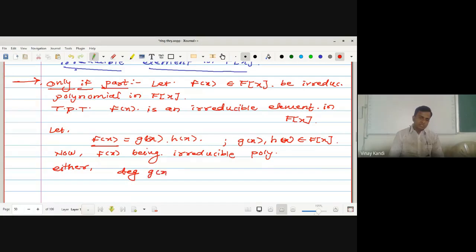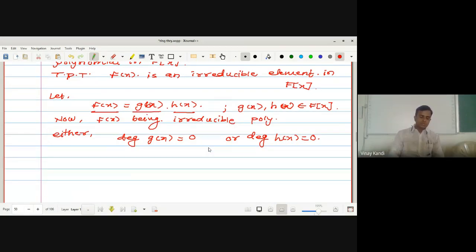degree of g of x is equal to 0, or degree of h of x is equal to 0. Okay, as f of x is an irreducible polynomial असेल तर काय असेल? Either degree of this one is 0 and degree of this one is 0. We cannot write the degree of g of x and h of x strictly in between 0 to degree of f of x. Okay, so here if we can write f of x is equal to g of x into h of x, then either degree of g of x is equal to 0 or degree of h of x is equal to 0. Okay, now suppose